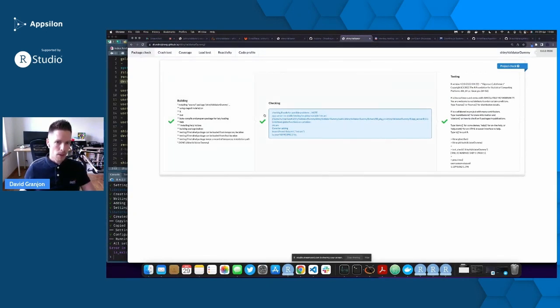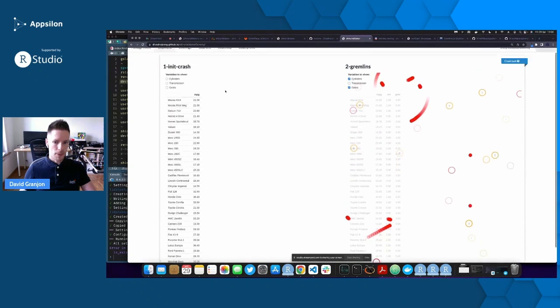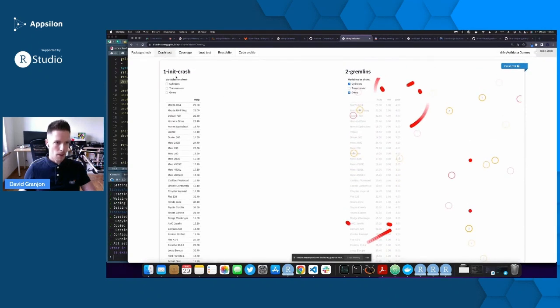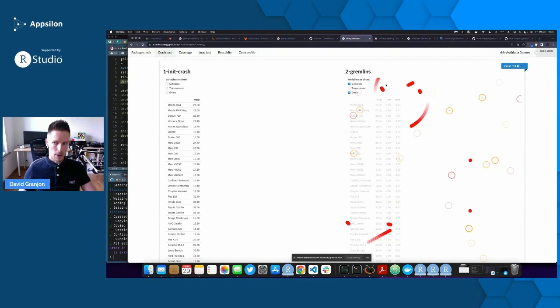What you want to see actually is everything in green. Here you get the crash test with some snapshot of the application. So it's basically a simple app with some checkboxes and a table. And on the right side, you have